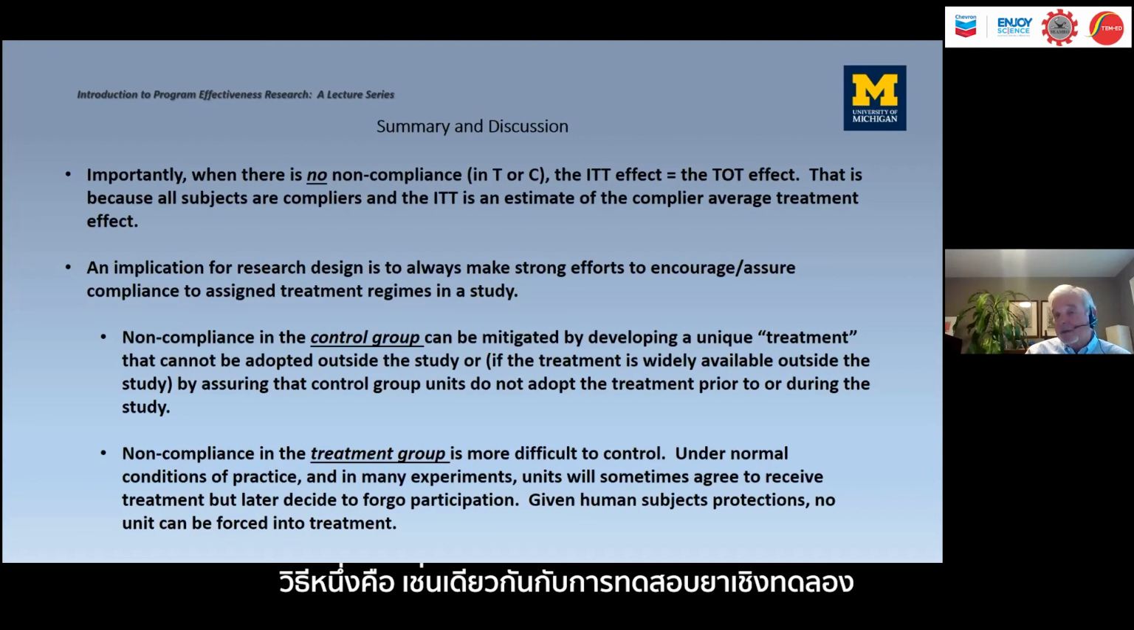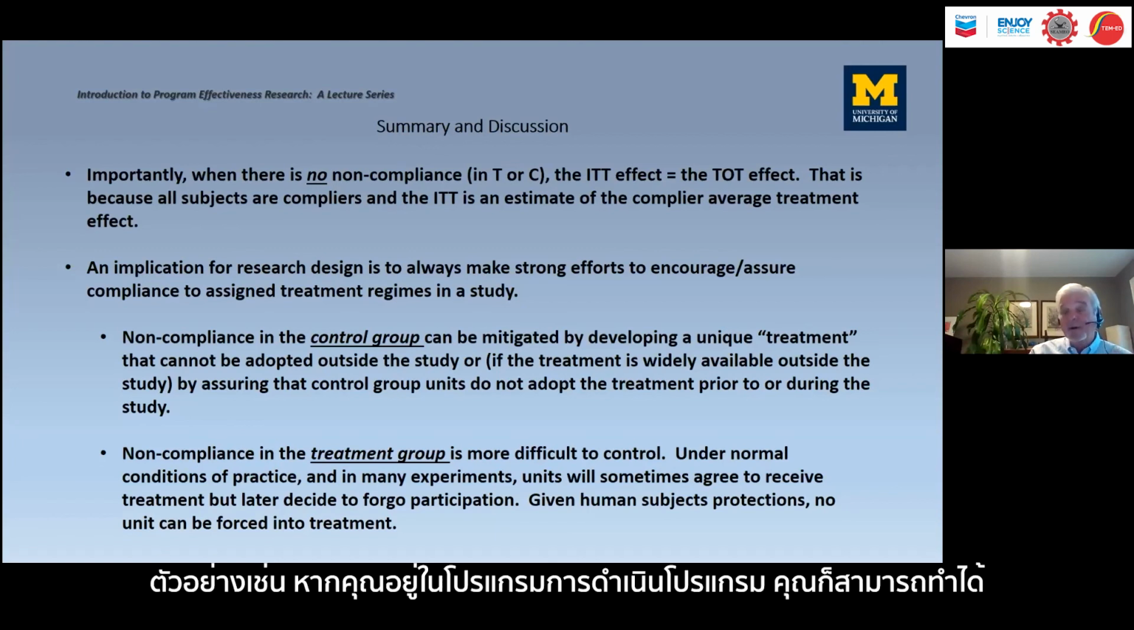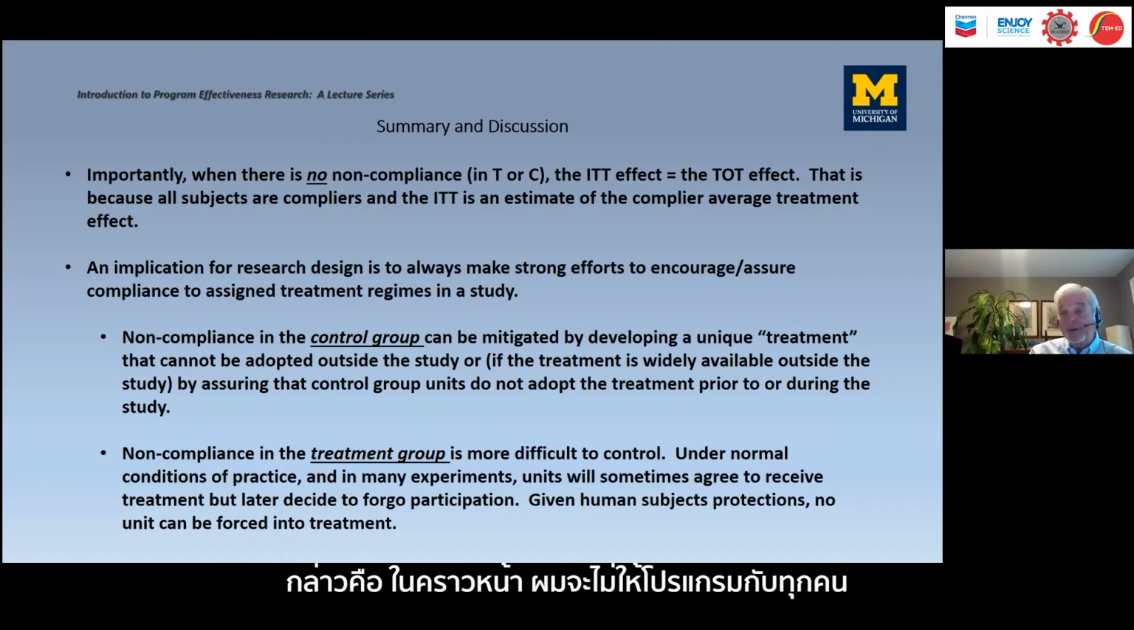One is, like in experimental drug trials, you can't get the drug unless you are enrolled in the treatment arm. That's a way to control access so that members of the control group can't take up treatment. Now, under some conditions, for example, if you were an intervention program, you could say, for the next period of time, I'm not going to give the intervention to anybody except those who I randomly assigned as part of my study. Most people don't do that, but